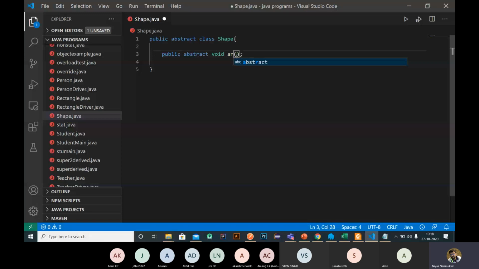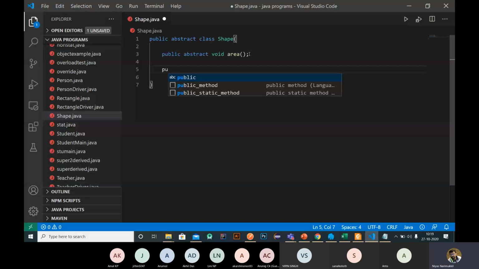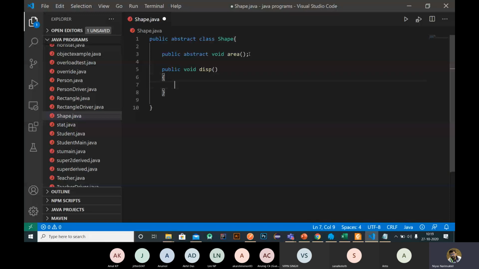Okay, in an abstract class we can have other methods also. We can create methods having a definition too. For example, I just created a simple method that prints as my shape class, System.out.println.